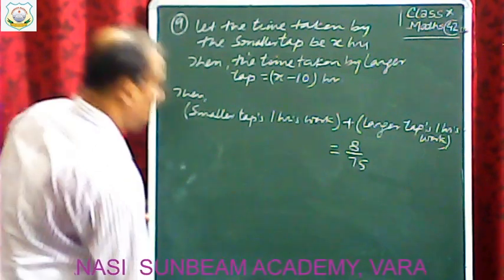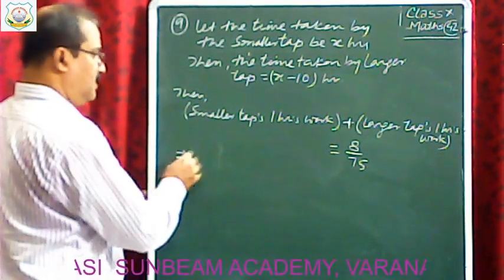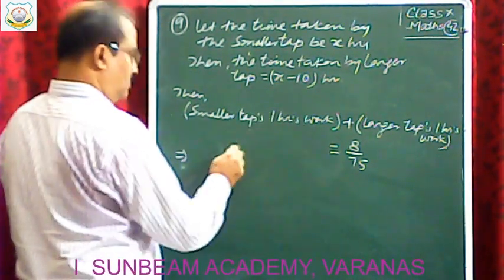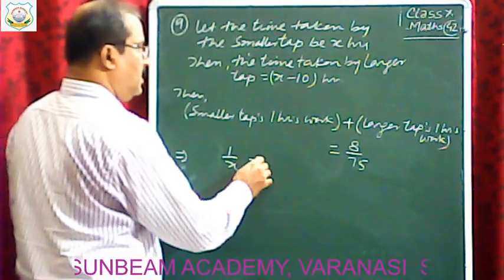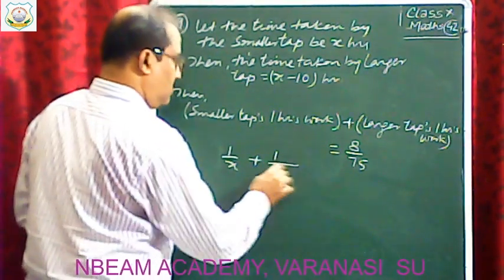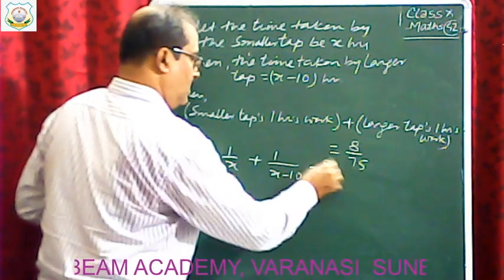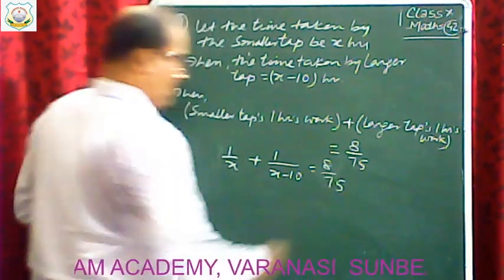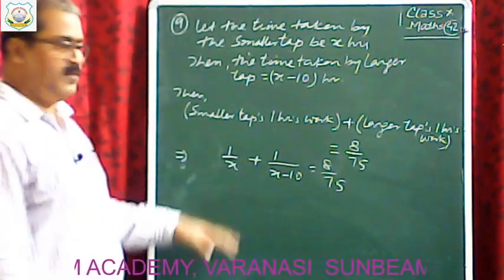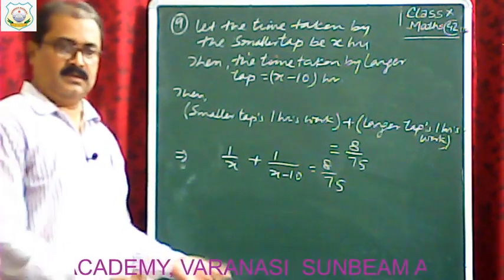This implies that the smaller tap's 1 hour's work, 1 upon x, plus the larger tap's 1 hour's work, is equal to 8 by 75. Now as in question number 3, you have to simplify, form the quadratic equation and then solve